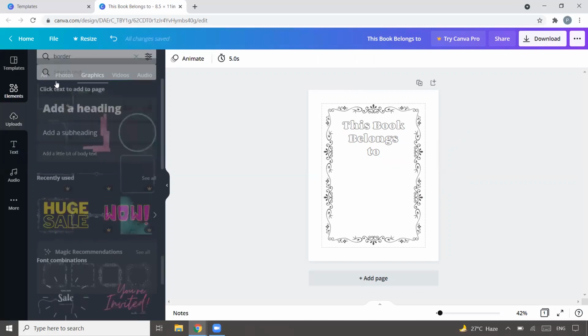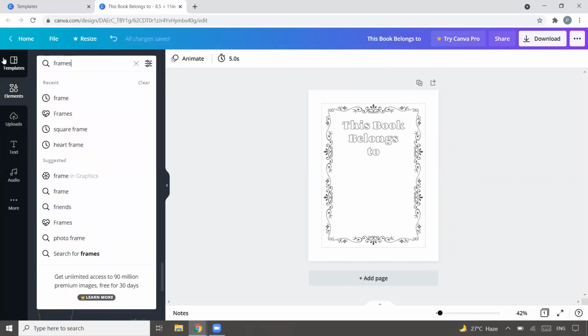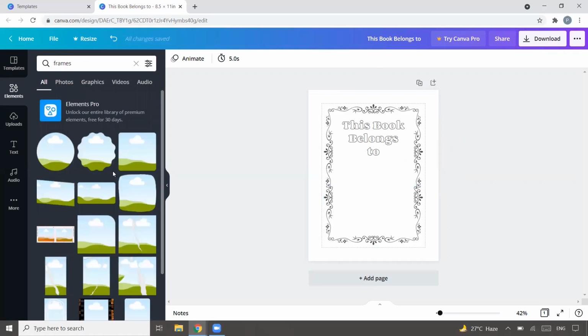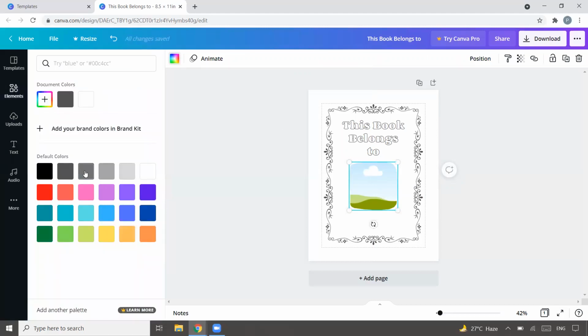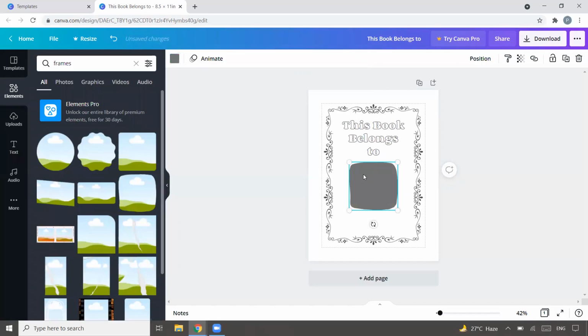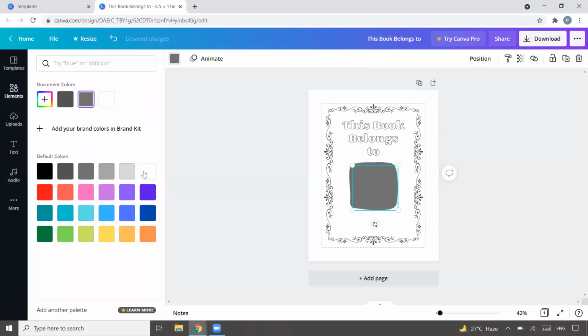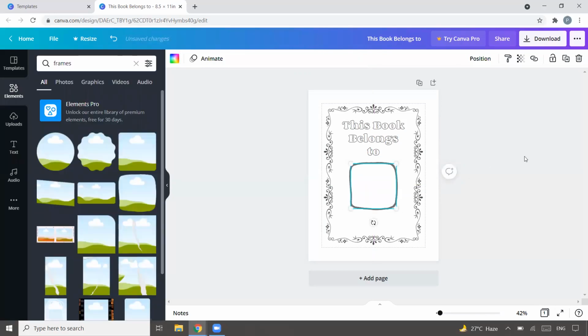Then one different thing that I'm going to do is this book belongs to, so generally we put the name, but this time I'm trying to give a space so that it is also possible to paste the photo. So it will kind of give a very personal touch, and it will look good as well. So let me now give a color over here. I'll just copy it once again and we'll make it white color. We are just trying to make it as a frame so that it is easy to paste a photo inside it. Okay, looks like we have got our frame right,